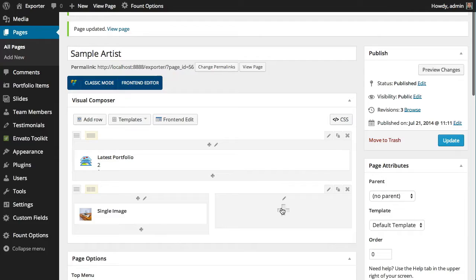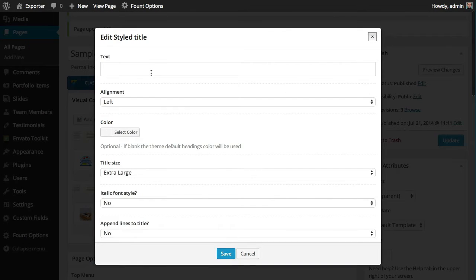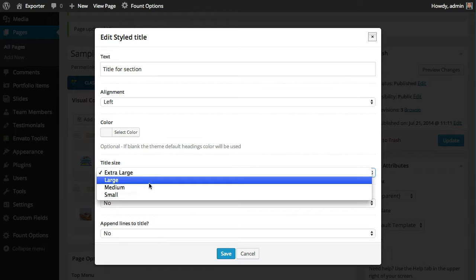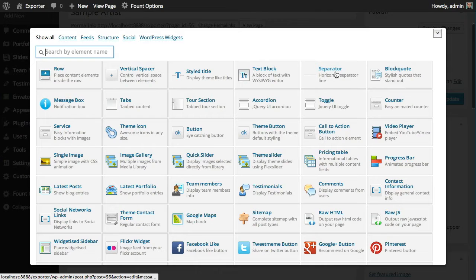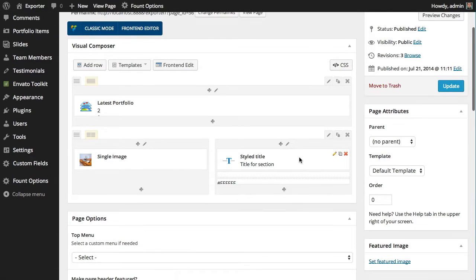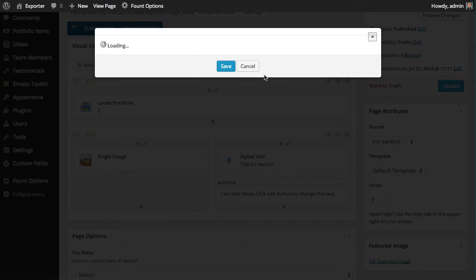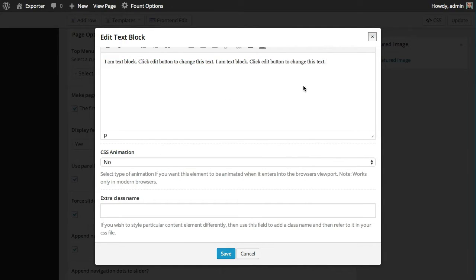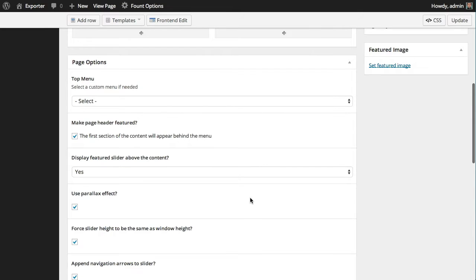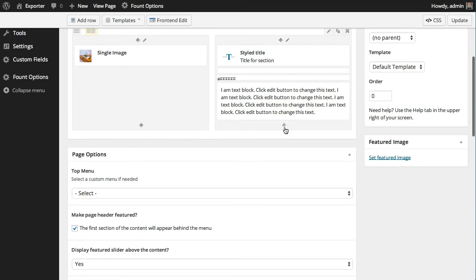So here we have a title, and well, I think the size is smaller. I'm not really going to worry too much about all the details to match. We have a separator line, and then we have a block of text, and I'm going to leave it like this, just add something more. Okay, and we have a signature image after,